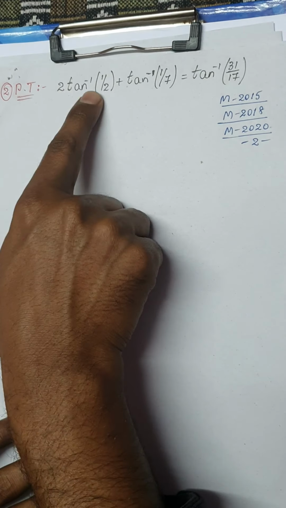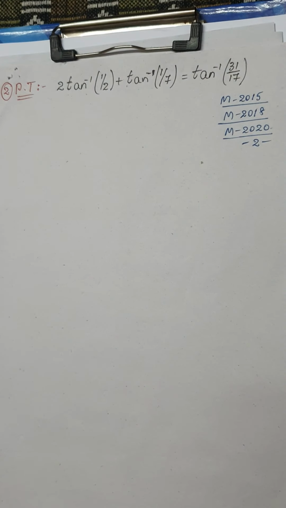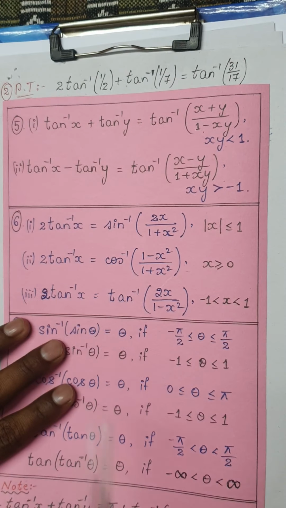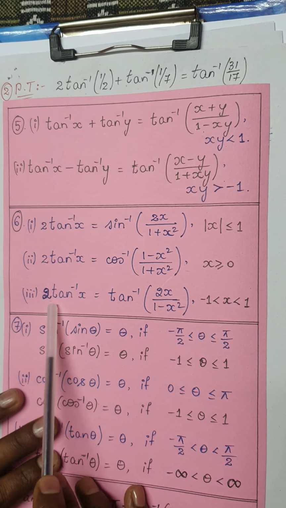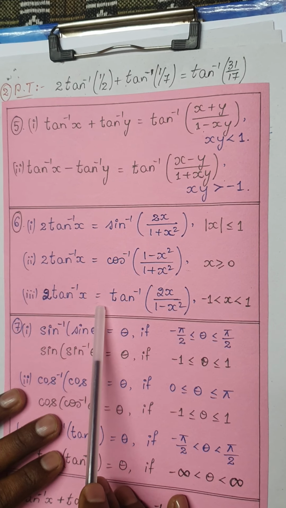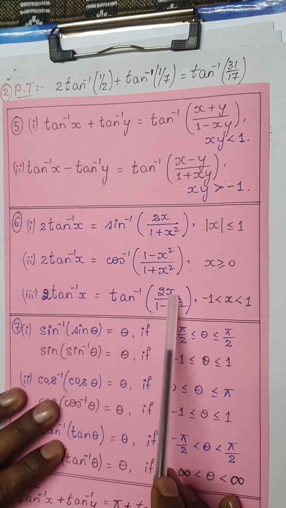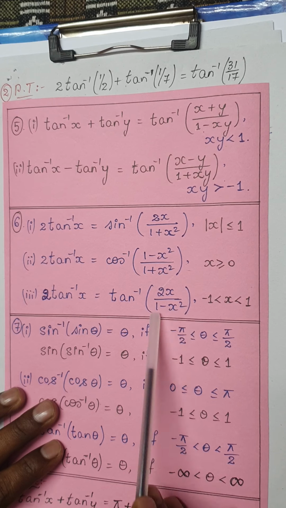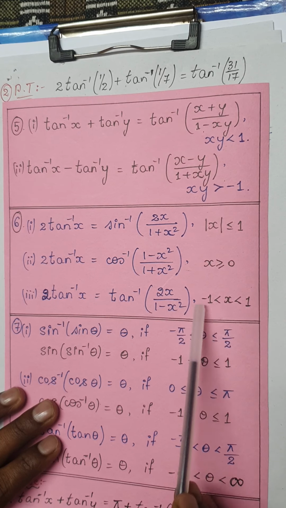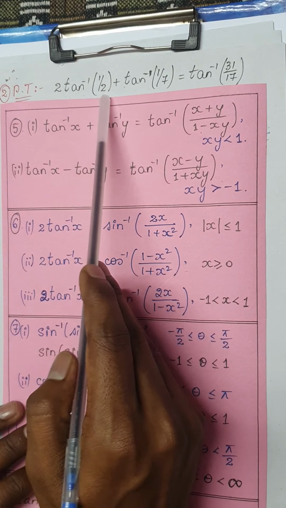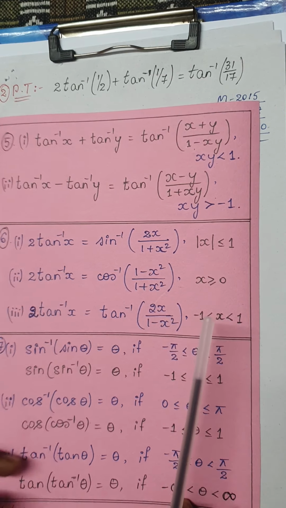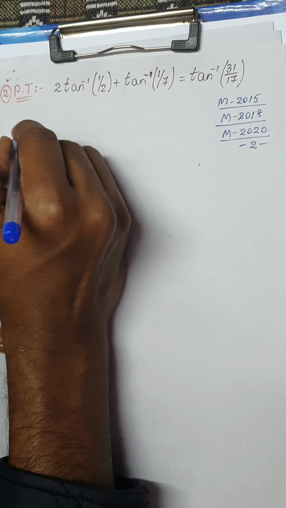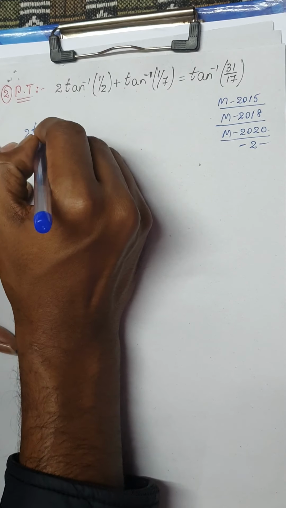First, we have to solve this 2 times tan inverse of x using the property again, which you have already learned in the chapter itself. So using this property, 2 times tan inverse of x is equal to tan inverse of 2x divided by 1 minus x square, provided x lies between minus 1 to 1. Now we can see here x is 1 by 2, which is in my range minus 1 to 1. So first let me simplify this 2 times tan inverse of x and then go for the further simplifications.